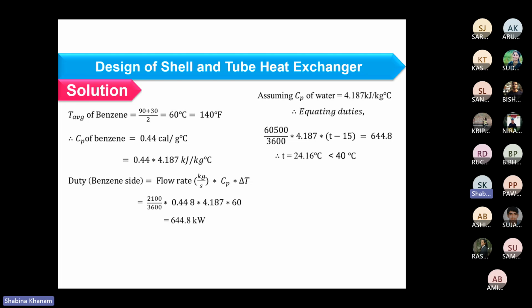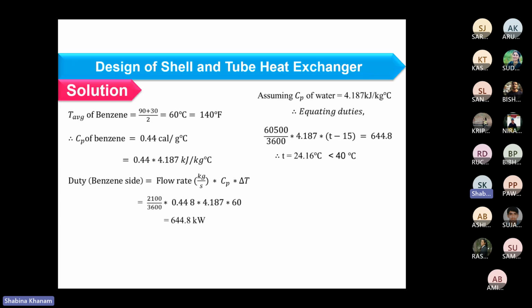Loop, one side of the loop would be the heat exchanger, second side of the loop would be the cooling tower, where water enters at 24.16 degrees Celsius and exits at around 15 degrees. So the cooling tower, cooling water, in that case, if your temperature will be more, obviously it will cool down. There is no difficulty in cooling, but it will damage the equipment significantly, or